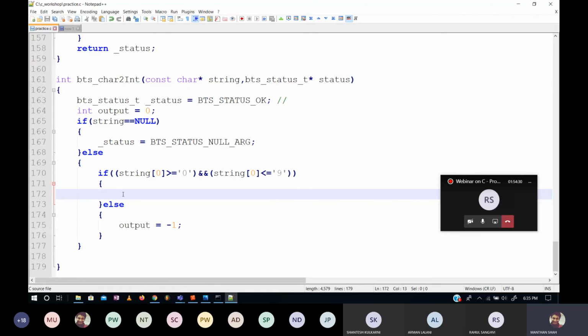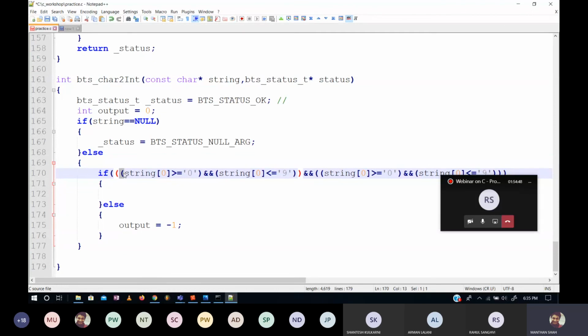I'll explain how this will work later on. Now, if this is fine, then we also have to check this for string box of the first character. This is the 0th index, so we'll also have to do the same thing for the first index. Do not shy from using these curly brackets. Use as many as you can and try to be as specific as possible. Do not leave any chance for ambiguity. So this bracket is for the first character, this is for the 0th index, and this whole thing is the if condition. All right. Now, if all of this is proper, then my output is equal to